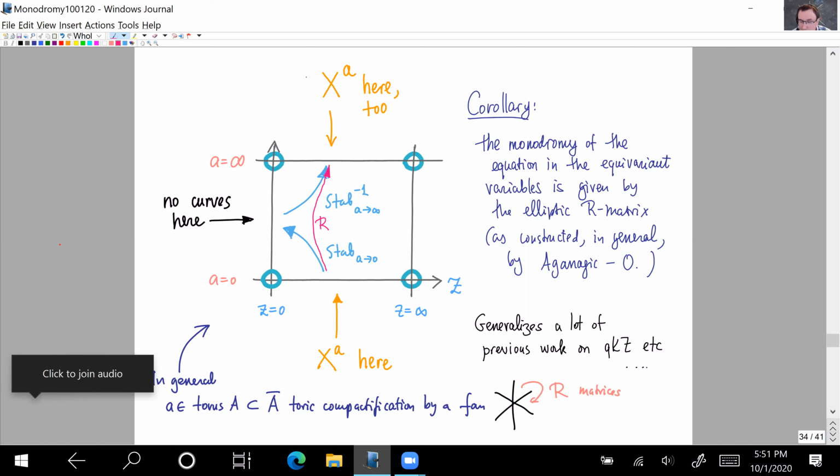That's the general elliptic R matrix. In fact, for many instances, this is in that generality. That's the elliptic solution of the Yang-Baxter equation that's constructed by Min. And the way to relate it more directly to R matrices that you're more familiar with is that if you think about what it means for a to go to 0 or a to go to infinity, it means in general a goes to different